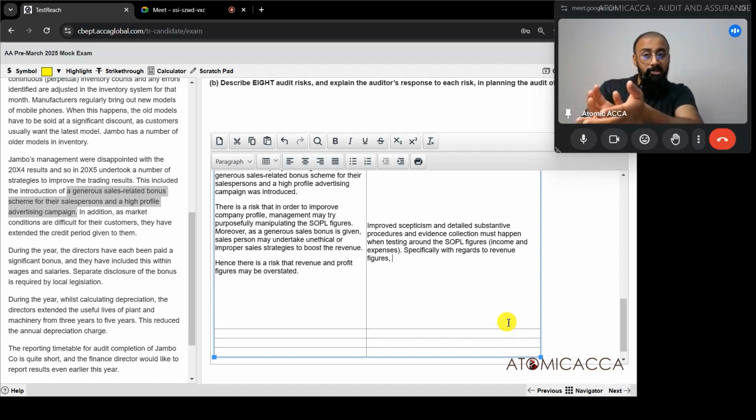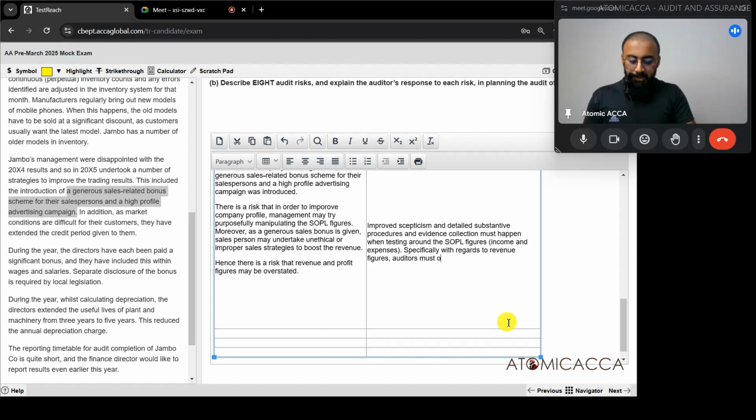Maybe, if it's a large company and they have a subsidiary of their own, did they sell it to some related party like a subsidiary itself and try boosting the revenue? So all this can be tested. We can write all the procedures over here, so one or two could be enough. So specifically with regards to revenue figure,